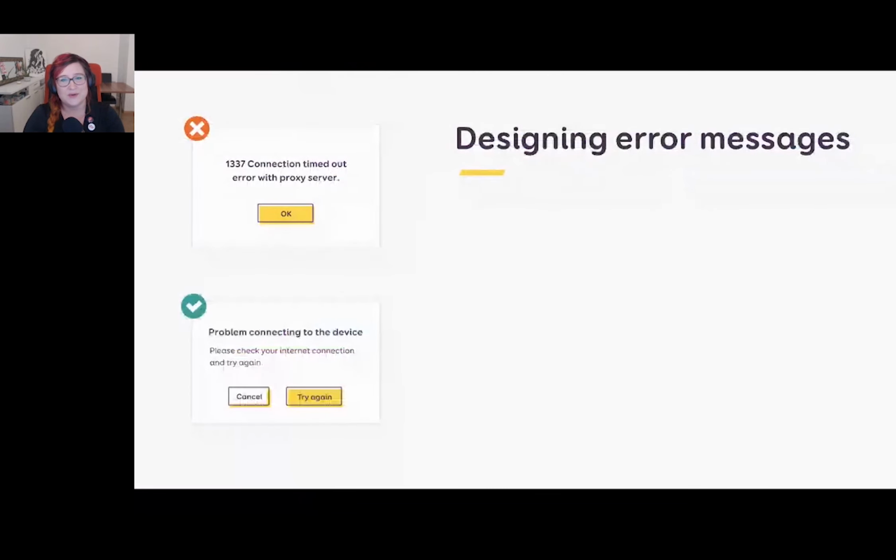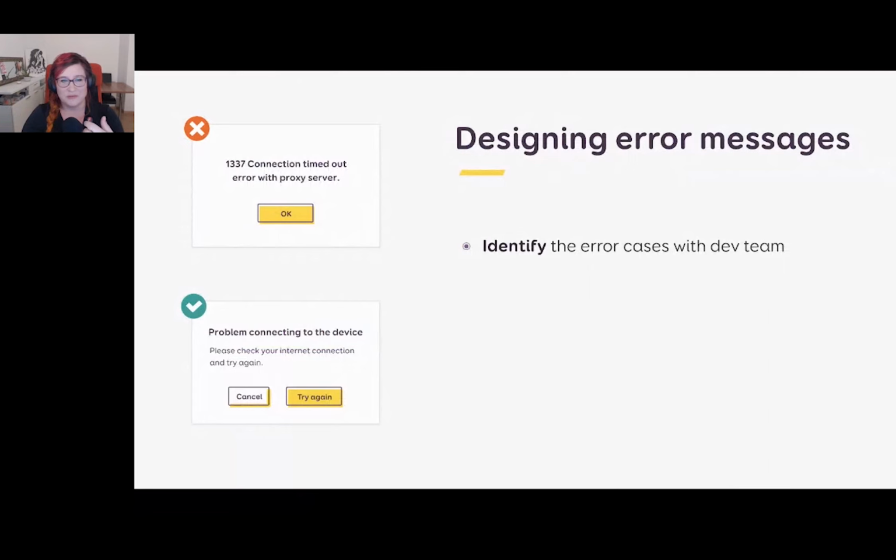So a few best practices when designing error messages we try to follow. First, we have to identify with the developer team all of those error cases. So what might happen? Usually you have this kind of error numbers, stuff like that. Why does it happen? It helps then maybe prevent it from happening or identify what people can do about it. Is it going to impact users? Sometimes we can have errors in the backend where it will never impact users in any way, so we don't really need to design for this.